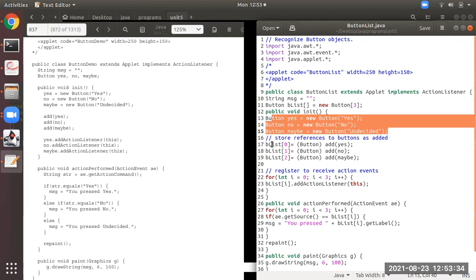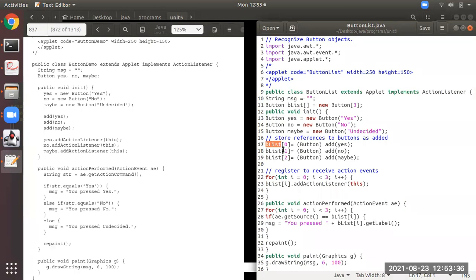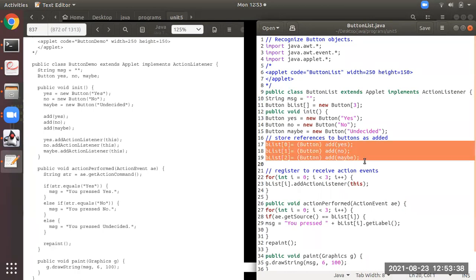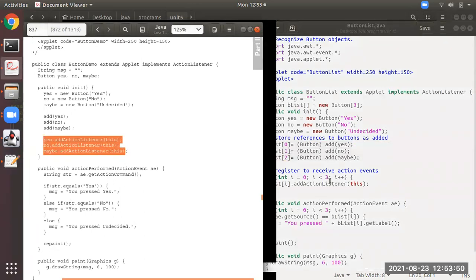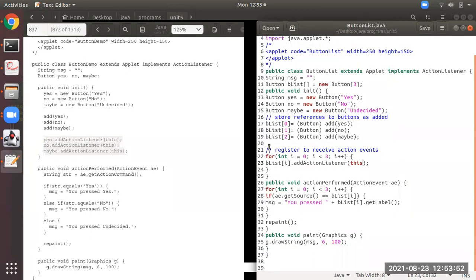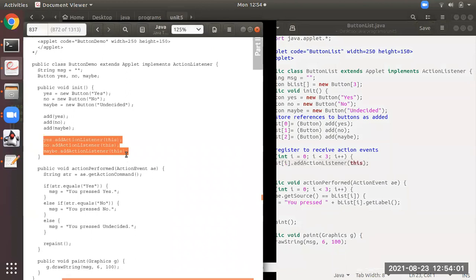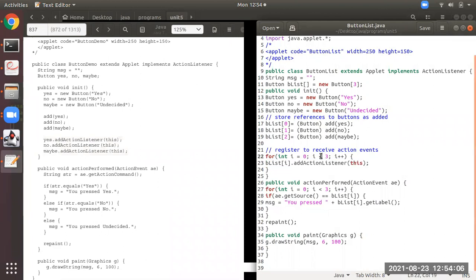And what has been used over here is that the references are used to store references. The buttons have been added, but you just observe this part of the program from the textbook, to register the listeners, what has been done. Only one line has been written. Instead of writing the registration 3 times, you write only one line of code and write the for loop. That's it.